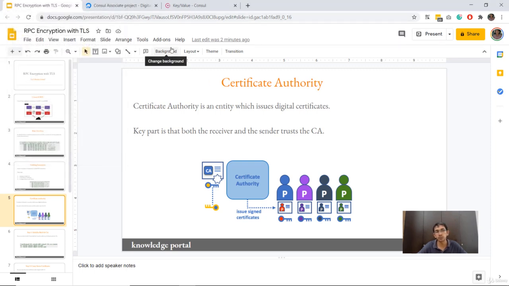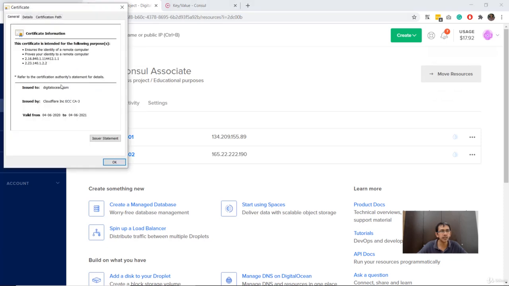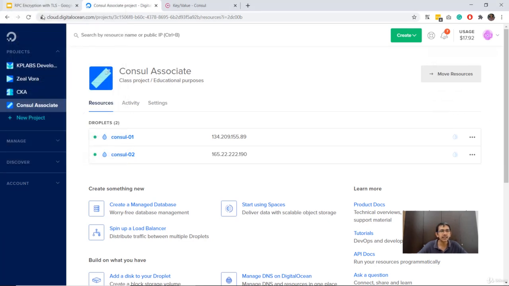If my Google Chrome browser does not trust that CA, then you would not have received the green mark. Similarly, let's open up the DigitalOcean console. If you look into the certificate over here, this certificate is issued by Cloudflare. And if it is trusted by my Chrome browser, then only you will be able to see this communication over